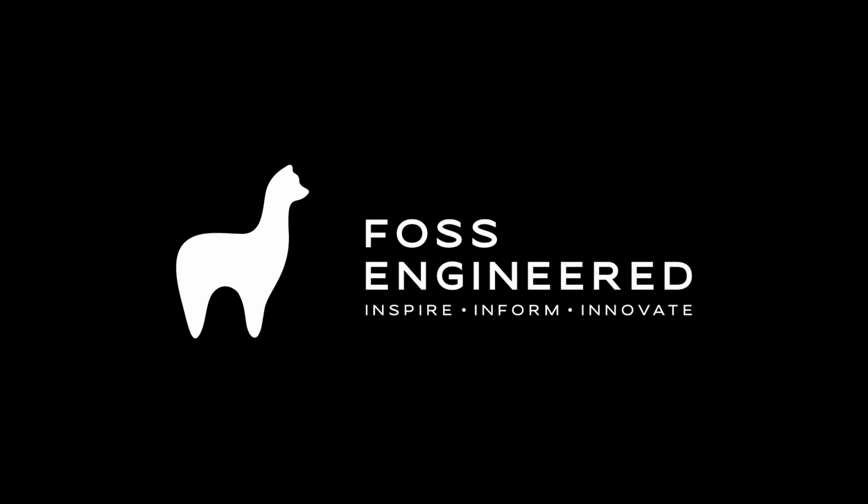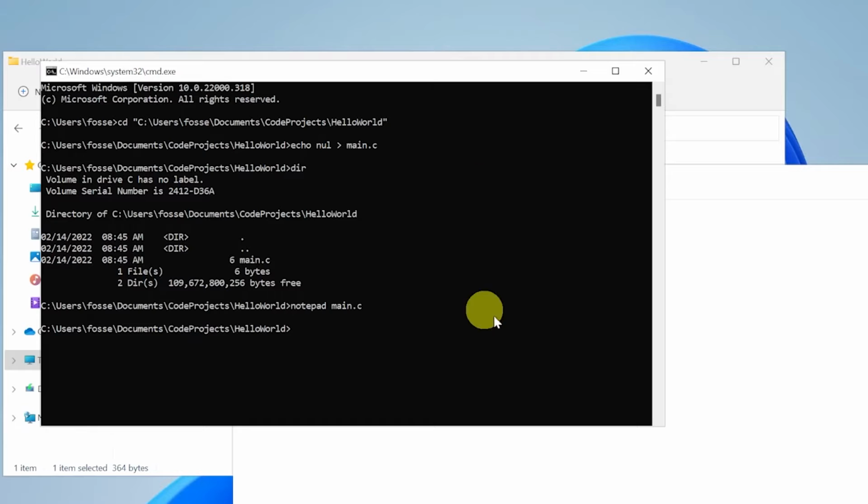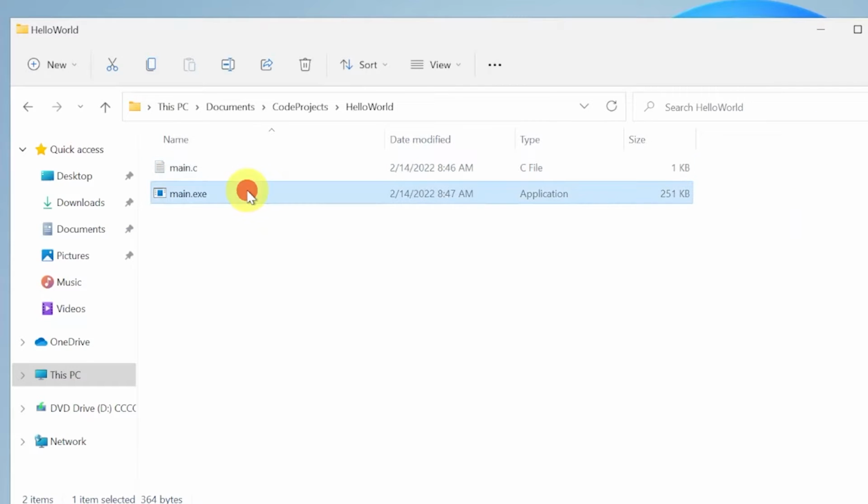Hi, this is Jay from Foss Engineered, and today we're going to make a small computer program. We'll be writing some C++ code into a Notepad text editor, and then running a C++ compiler command in the command line to create an executable. When we interact with this executable by double-clicking on it, we will see that it prints out Hello World to